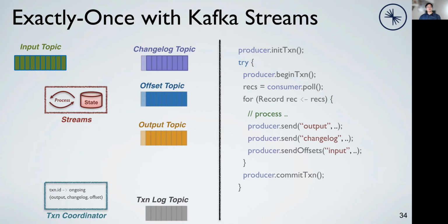And finally, when the stream decides to commit the current ongoing transaction, it could send a prepare-commit request to the transaction coordinator. The coordinator would append a new entry to the transaction log and update its transaction status to prepare commit. At this point, there's no turning back, such that even if the coordinator fails over after that, the new coordinator taking over would still be able to know where it left off by reading through the transaction log and be able to complete the rest of the operations to commit this transaction forward.